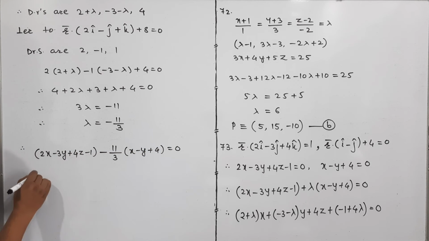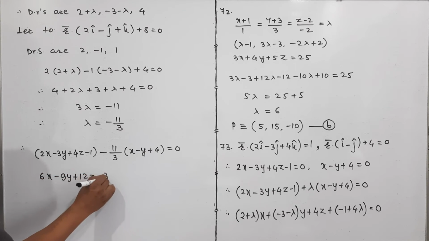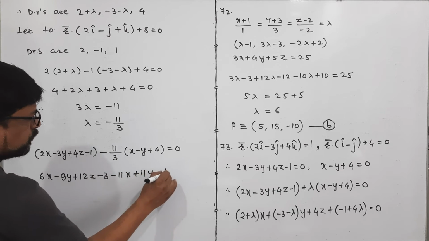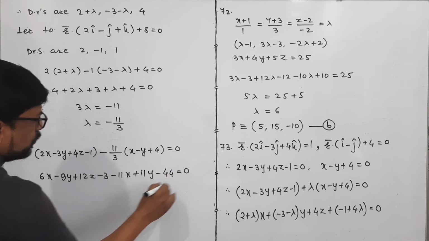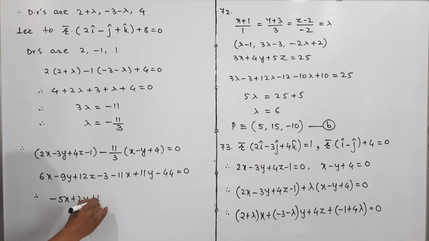Multiply this by 3. It is 6x minus 9y plus 12z minus 3 minus 11x plus 11y minus 44 is equal to 0. Therefore, minus 5x plus 2y plus 12z